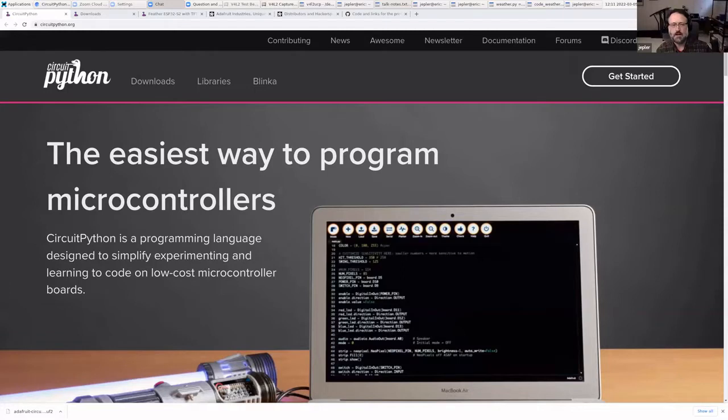All right, that felt like a big info dump, but let me head over to my screen share and talk a little about what I'll be showing you today. All right, I hope you can see my screen share now. So what I'd like to show is how easy it is to get started on one of these boards with CircuitPython.